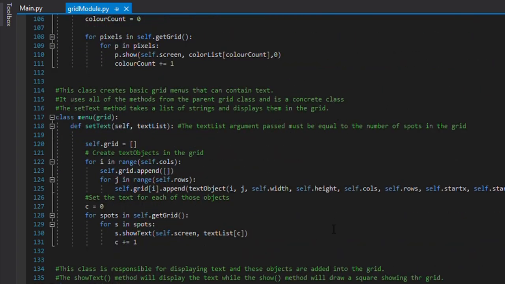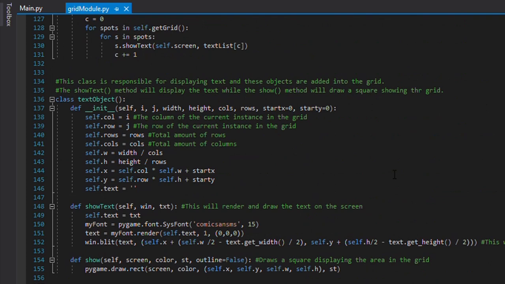Now moving on, there is another class that I've called the menu. As the name suggests, this class will be used to make a menu that has text in it. In this class there is only one method. The method is named setText. What it will do is render the text on the image, or we can say it will set the text and create text objects in the image. For this I am using simple loops to iterate through it and just make the text appear on the screen.